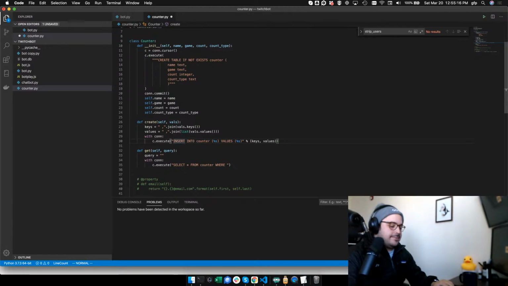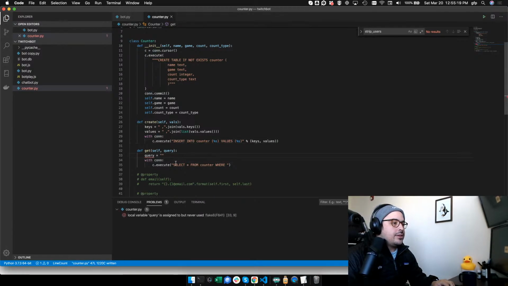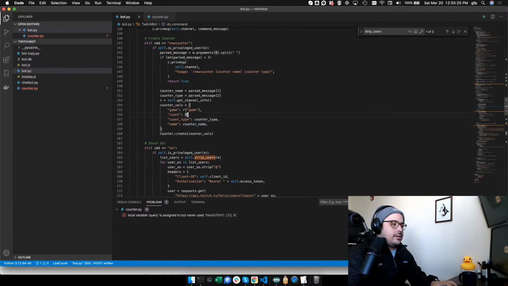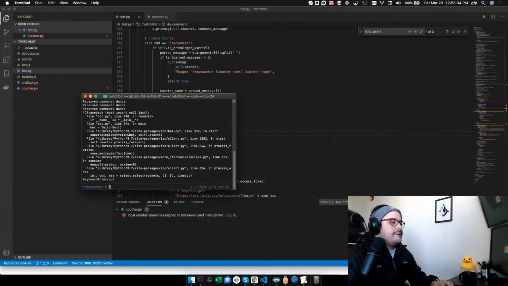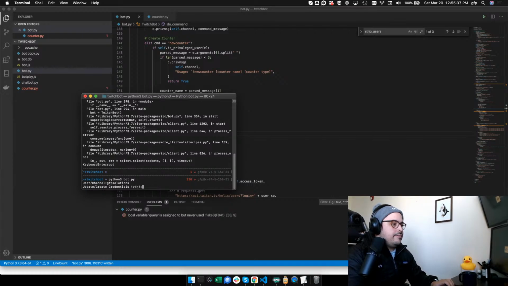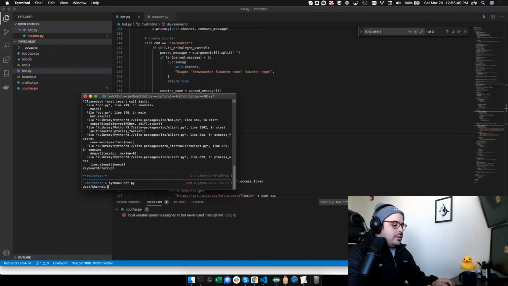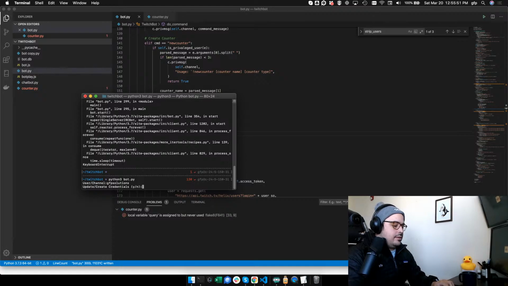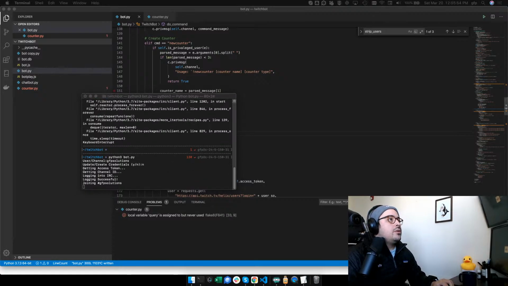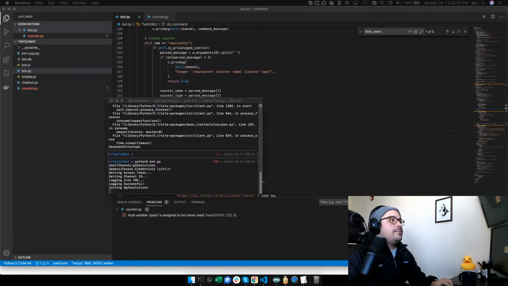So let's actually do this. Let's not do a get yet, and let's restart the bot here. And we're just going to create it. So essentially, let's go ahead and restart it. No, okay. And then sometimes it stalls here. It's kind of weird. Let's see. There we go, now it joined. Okay, so if I do new counter,